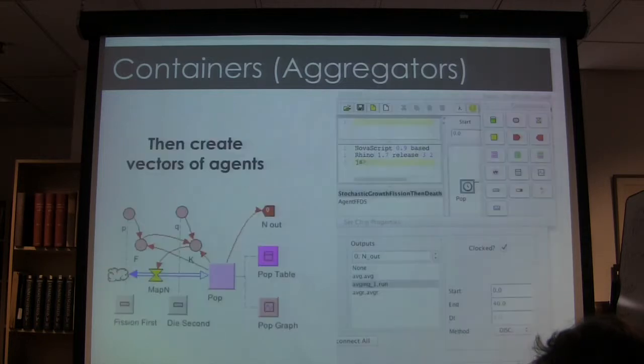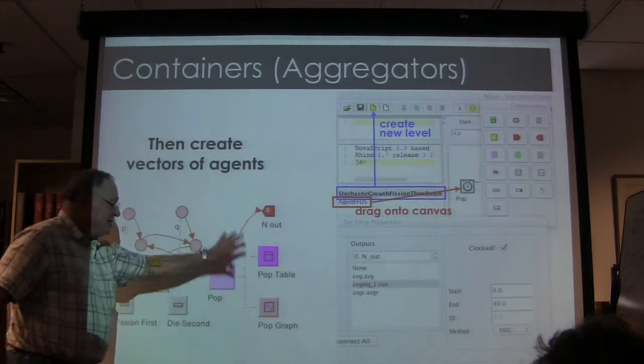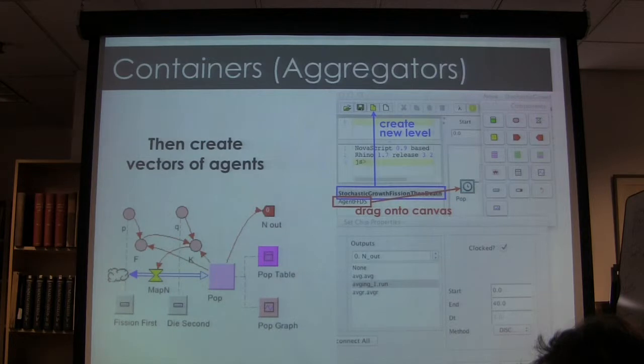You first create the agent, and then, as I showed you before, you can go to a higher level and drag this agent onto this new canvas and get it encapsulated as a clock chip. Everything going on in that chip at the higher level is built here at this lower level.